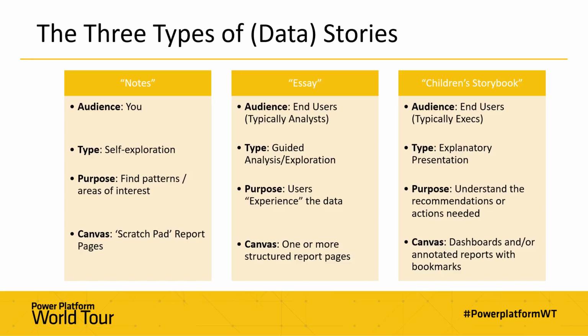So you go from exploratory storytelling on the far left through to gradually more explanatory, being the most explanatory on the far right. And in this example I referenced in my blog from Storytelling with Data, doing the notes is opening up lots of different oysters to try and find which ones contain pearls, which ones contain those interesting insights. The essay is guiding the audience to those oysters which contain pearls. Because you've opened all those oysters, you know which ones contain the pearls, so you're guiding the users towards the ones which contain the pearls. And then the children's storybook is just giving them the pearls.